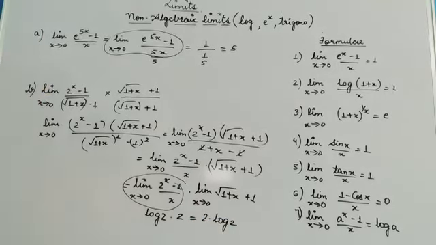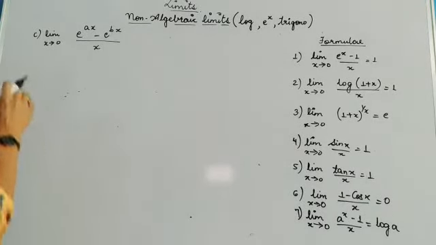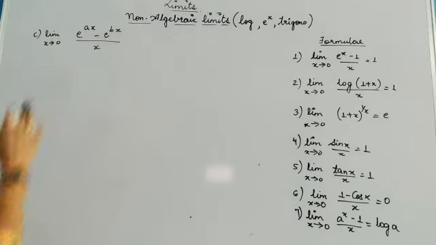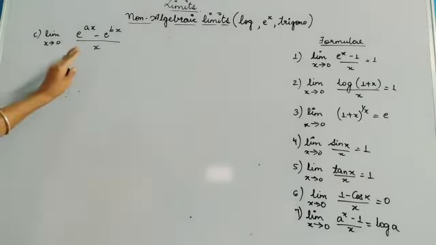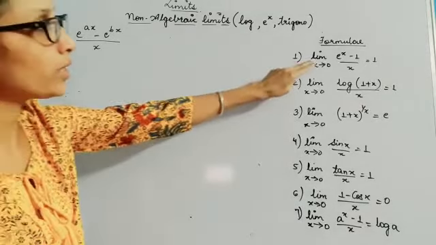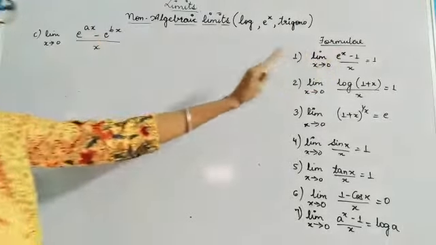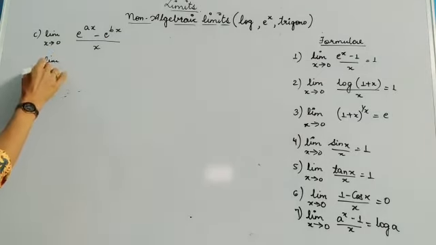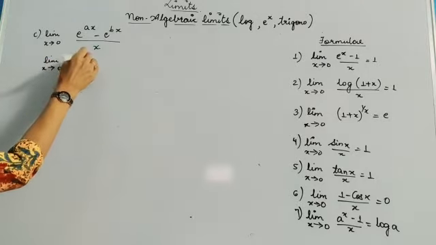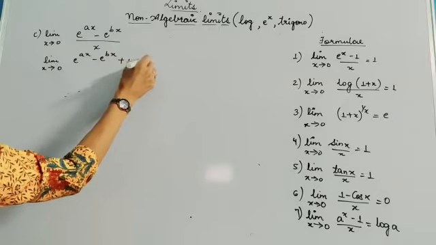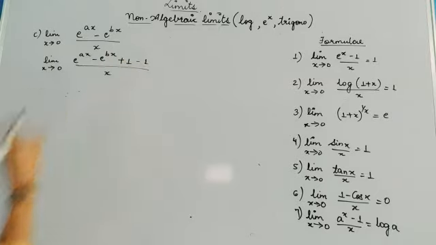Have a look. Let's see this question, children. Here it is given limit x tends to 0, e raised to power ax minus e raised to power bx whole upon x. But you can see that the formula for e raised to power x is only this one. That means e raised to power x minus 1. But I am not getting minus 1 anywhere here. So what I can do over here, I can write it like this: limit x tends to 0, e raised to power ax minus e raised to power bx, and I can add 1 and subtract 1 out of this whole upon x. Alright.